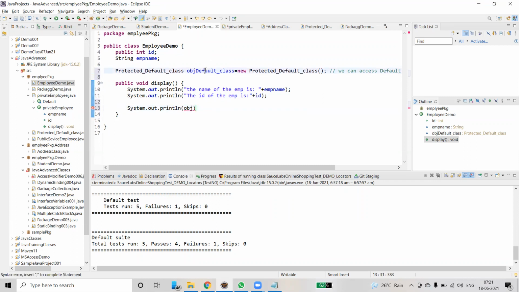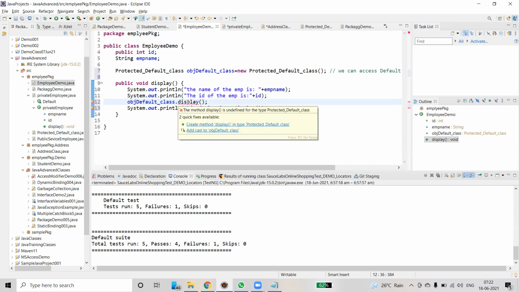I'm just going to take this one, Control C, Control V, dot display. But I think we can't use it in System.out.println, so I'm just going to call this method directly. Correct.